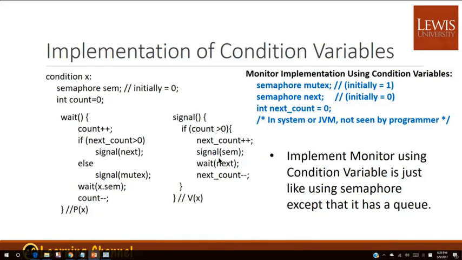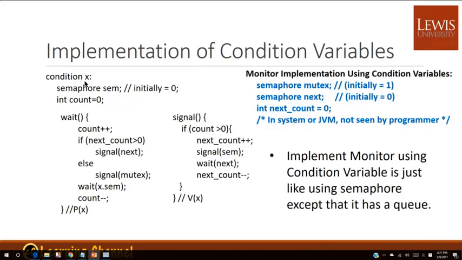Remember that it can also be implemented by semaphores, and it would achieve the wait and signal functions for condition variables. A condition variable can have a queue, and these are similar to the monitors. And you can actually implement a monitor using condition variables with such a data structure and with such wait and signal functions